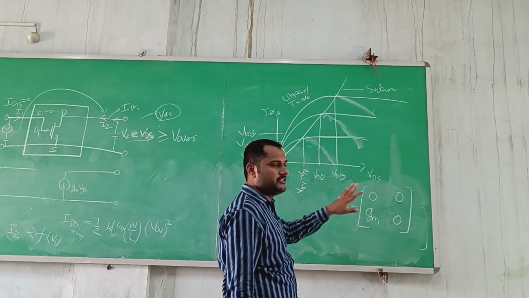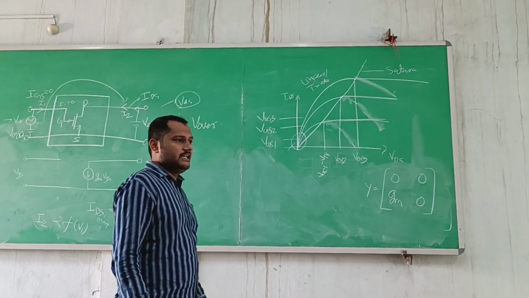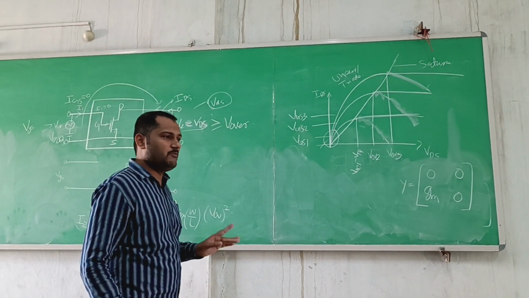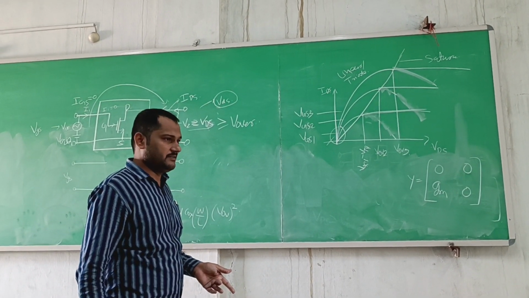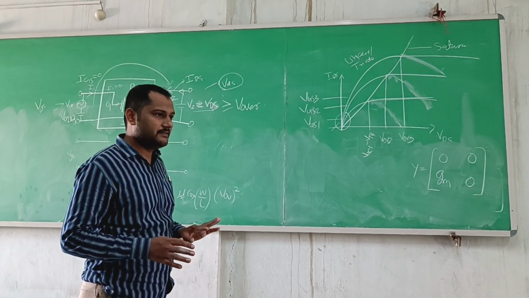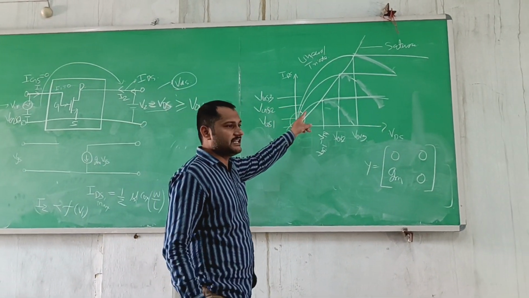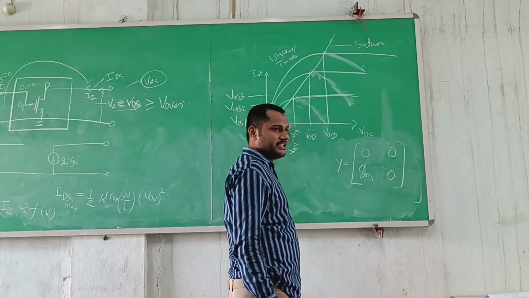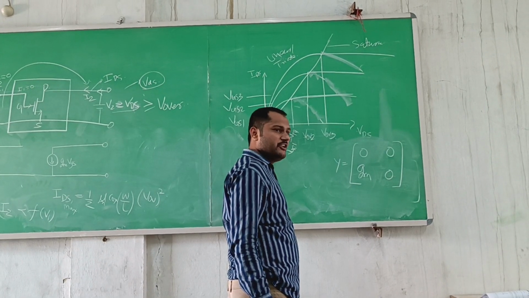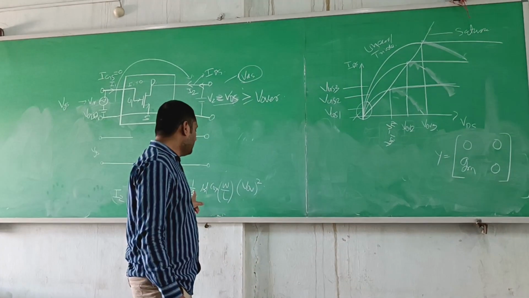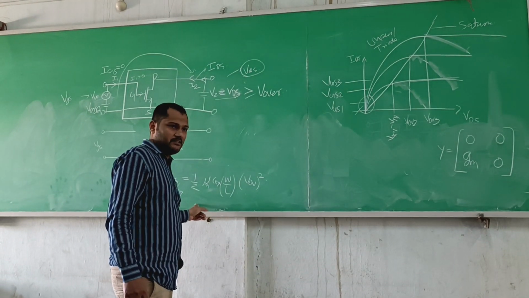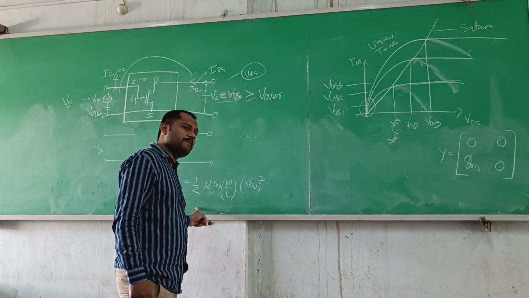But what is the procedure of modeling? When we do physical modeling of any device, how do we do it? What is the procedure? First we study the physics. This is our simulated graph. This is drawn using this equation. Now we also have an experimental graph.